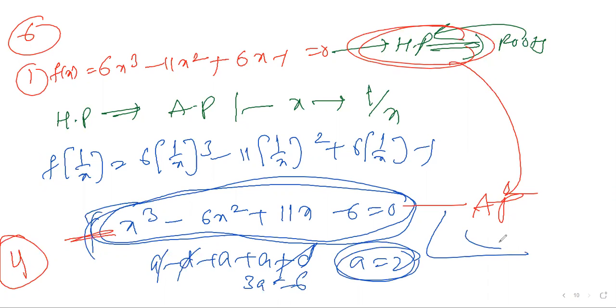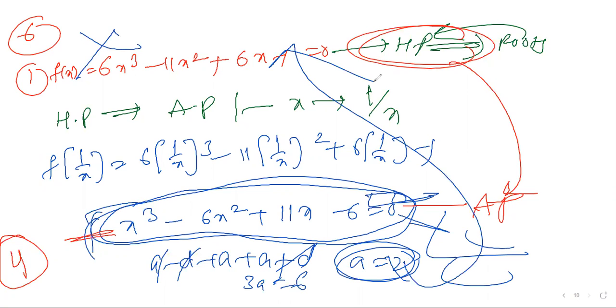After that, do the same thing, the method for this equation. Then the roots are possible to work out. Here the concept is simple. Whenever a harmonic progression is there, you convert the question of harmonic progression into arithmetic progression. Then you do the procedure like AP. The answer will be the equation that is same as the previous one. So this is the way we need to work out the sixth question. Am I clear, right?